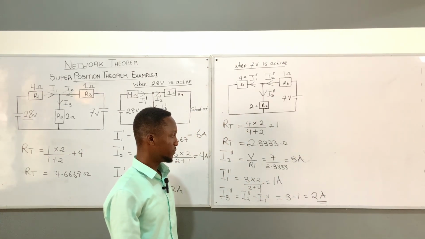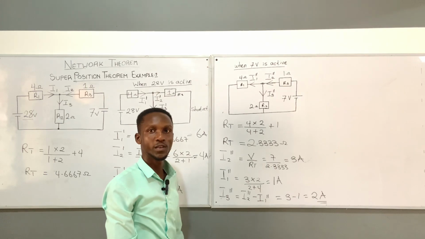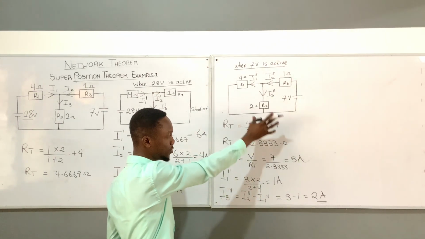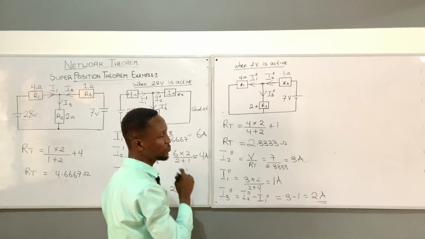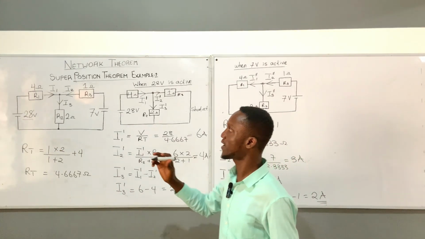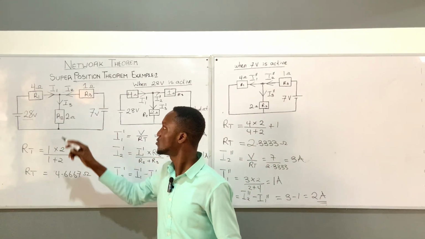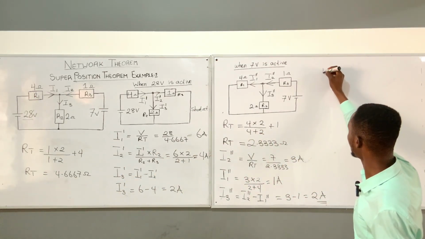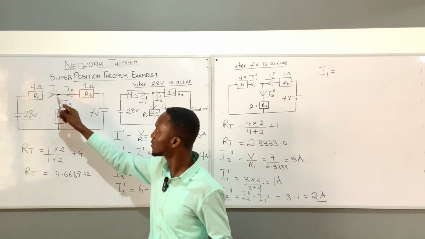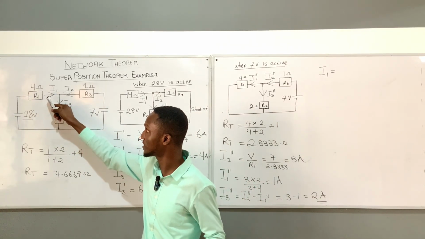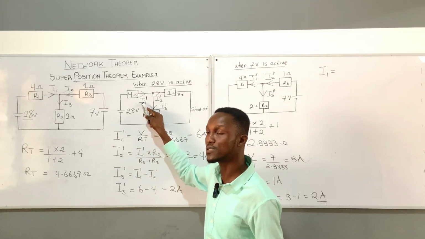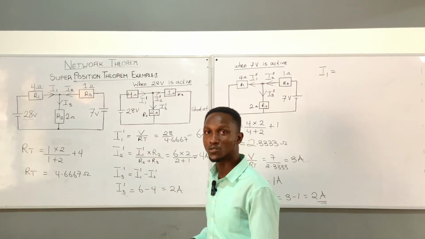Okay, now that we've been able to find all the branch currents, we can superimpose the results, or add the result of this current with this one, to generate our final answer for the original circuit. So now, let us find the real value for I1. We write our I1 here. Now watch very carefully. Let's compare the direction of I1 with our first diagram. Its direction is the same, so if it is the same, you pick the same thing, okay? So I write my